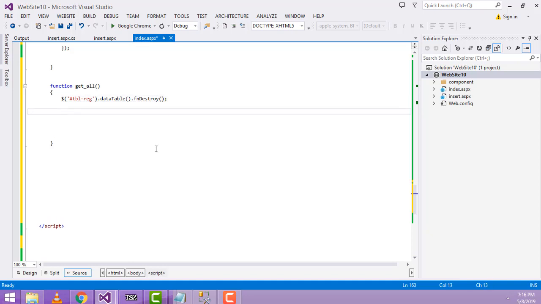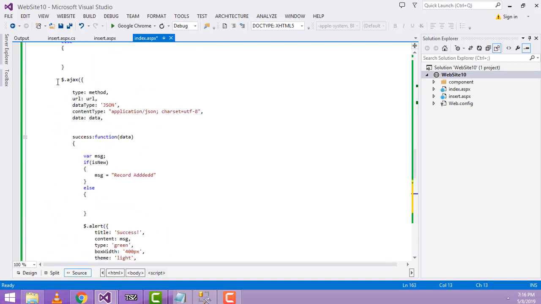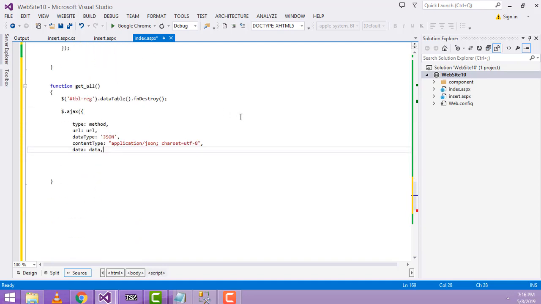After that we have to write the Ajax query. We already wrote the Ajax query above, so we simply Control C to copy it and paste it here. Now here I am going to type the URL in one line. I am going to give the URL here, all data